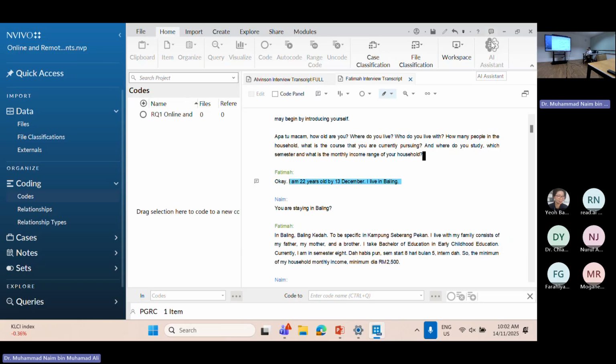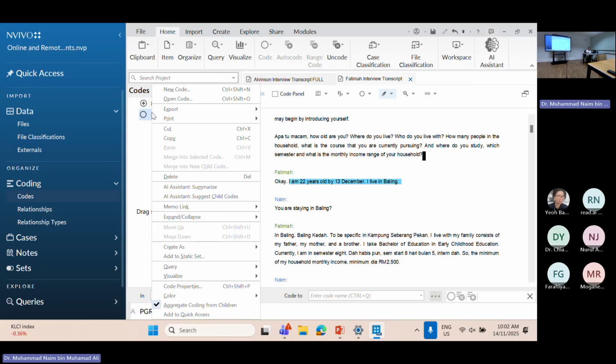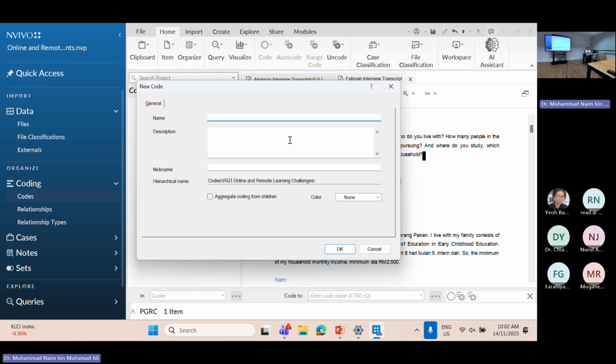Let's see. No, not the appendix, because what you have is evidence.